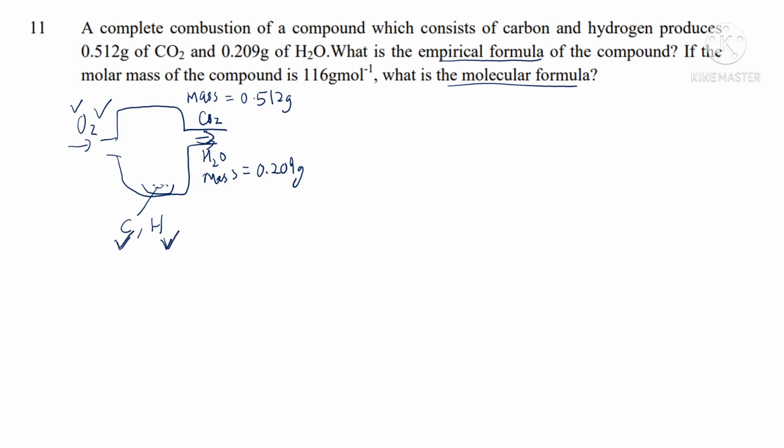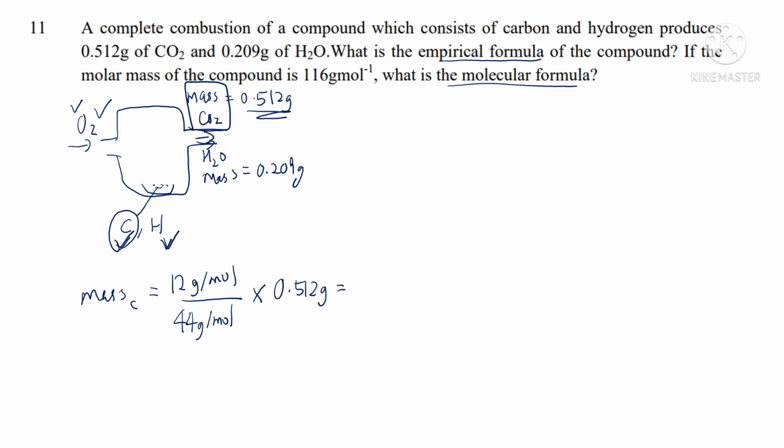So if we want to find the empirical formula for the compound, we need to know the mass of the carbon and the mass of the hydrogen present in the compound. How do we get the mass of the carbon and the mass of hydrogen? We can get the mass of carbon from the mass of the carbon dioxide by using the formula: mass of carbon equals the molar mass of carbon, which is 12 gram per mole, divided by the molar mass of carbon dioxide, which is 44 gram per mole, multiplied by the mass of the carbon dioxide produced, to give us the mass of carbon as